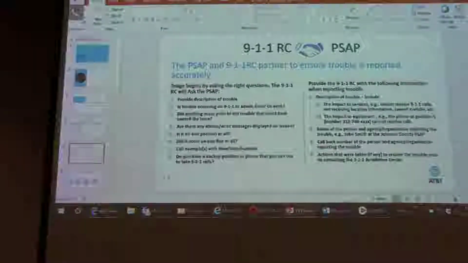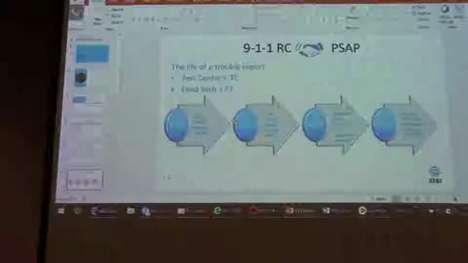Has anything happened that could cause the situation? Do we have bad weather? They're in Atlanta and Chicago, so they're not necessarily going to know what's going on in Kansas. So just be prepared that they're going to ask you some questions. It's not mind-boggling or anything like that, but they will ask questions.